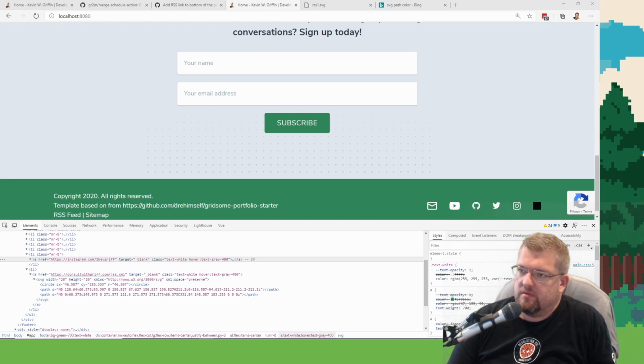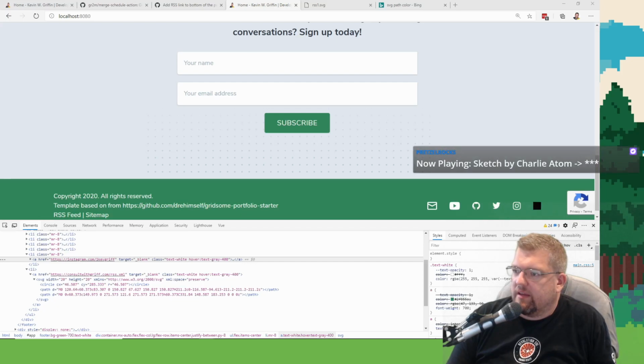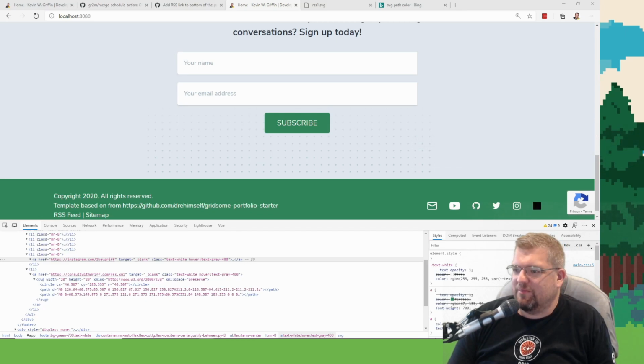Single path. Okay. I hate that the Stack Overflow answers are like, oh, try Inkscape. Jeez. If I wanted Inkscape, I would have gone Inkscape.